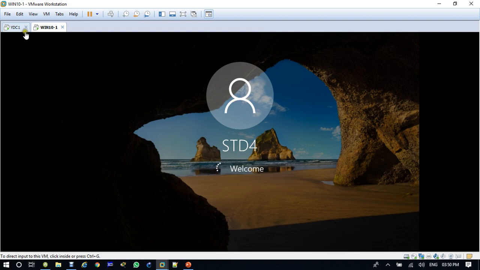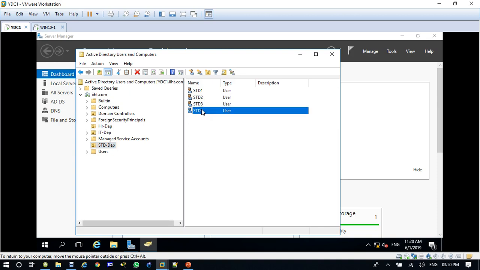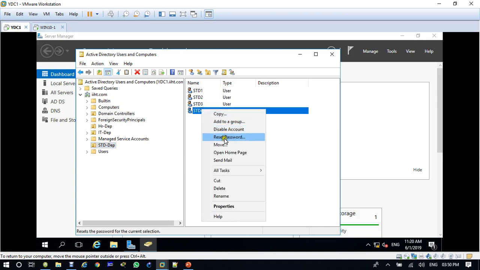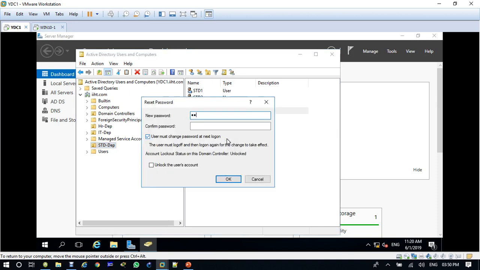If he is not able to log in, I'll come here and change the password from here. Right click, reset password, 123 at IIHT, and remove this tick box.